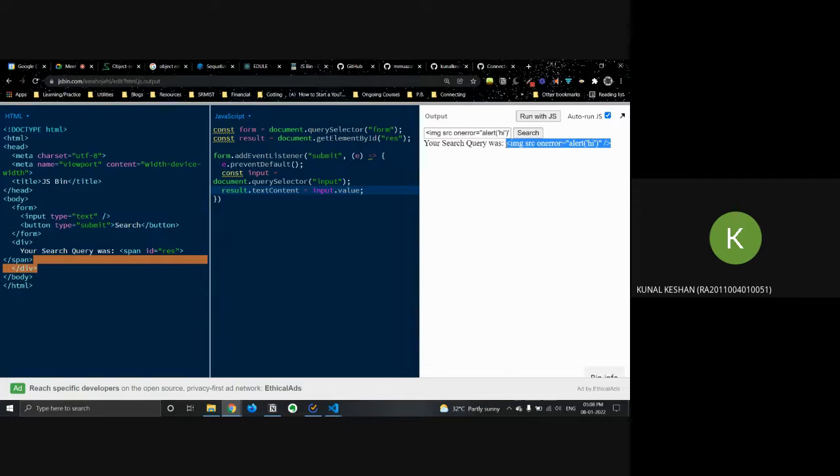It's not giving me an error because .textContent doesn't render the HTML in this case. It directly takes whatever value was inside this and just puts it over there. I just wanted to point this out because, instead of using innerHTML, use it as and when required, and you'd prefer using textContent more frequently, right?